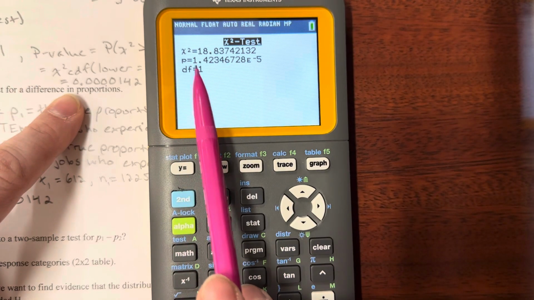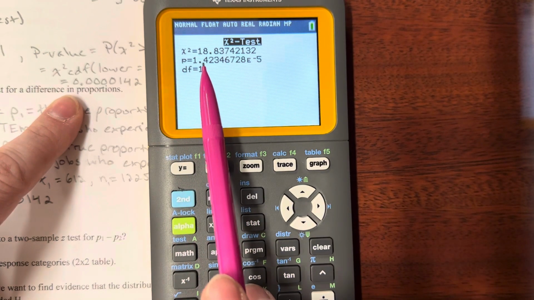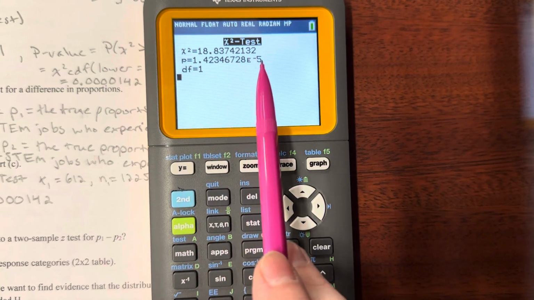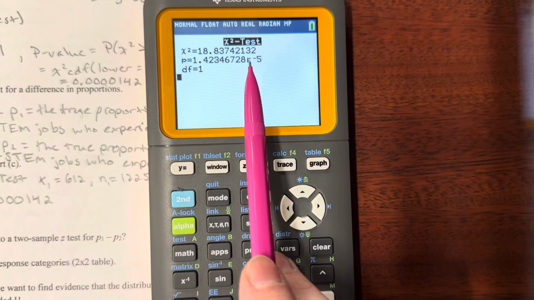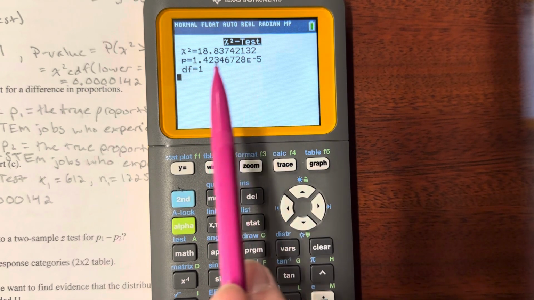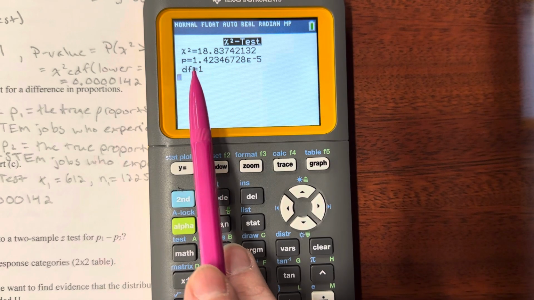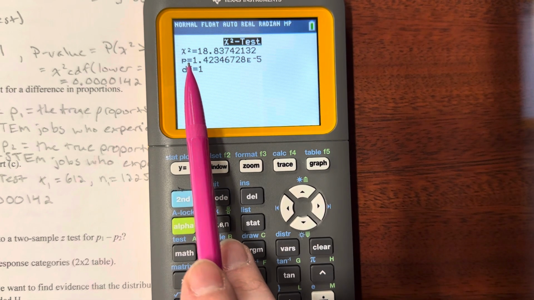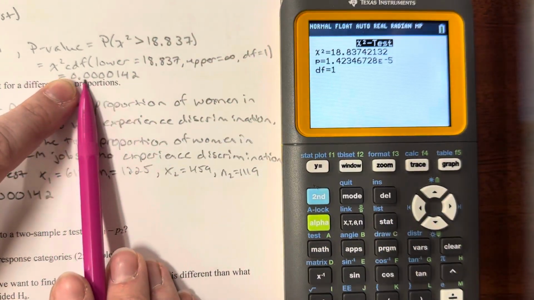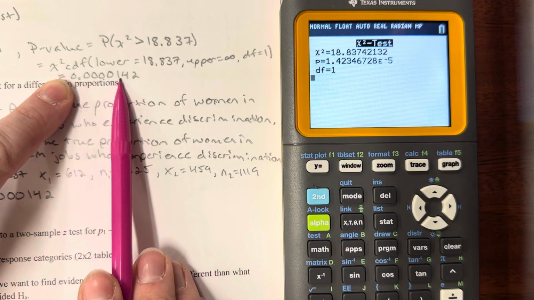Now, this p-value looks like it's large, and it's larger than can actually exist, so I need to look to the end where it says e-5. This e-5 means that this number should actually be divided by 10 five times in a row. The first time you divide by 10, the decimal point moves in front of the 1. The remaining 4 times that you divide by 10, you will end up moving your decimal point 4 more places to the left, which is why I have 4 zeros between the decimal point and the 1 when I wrote